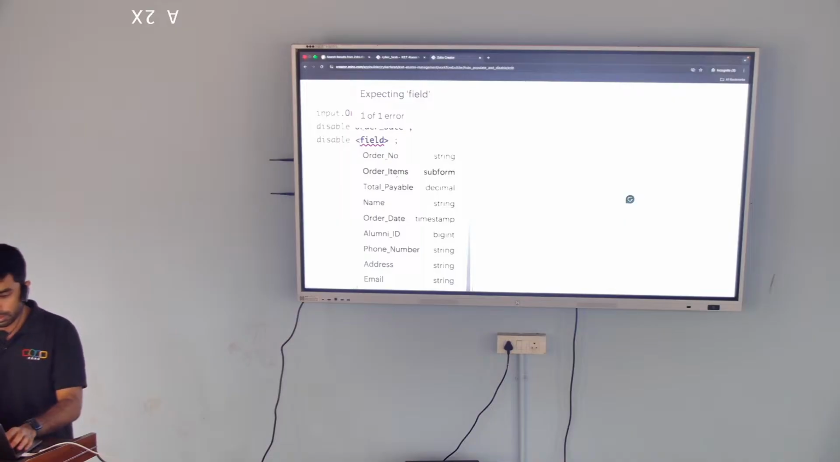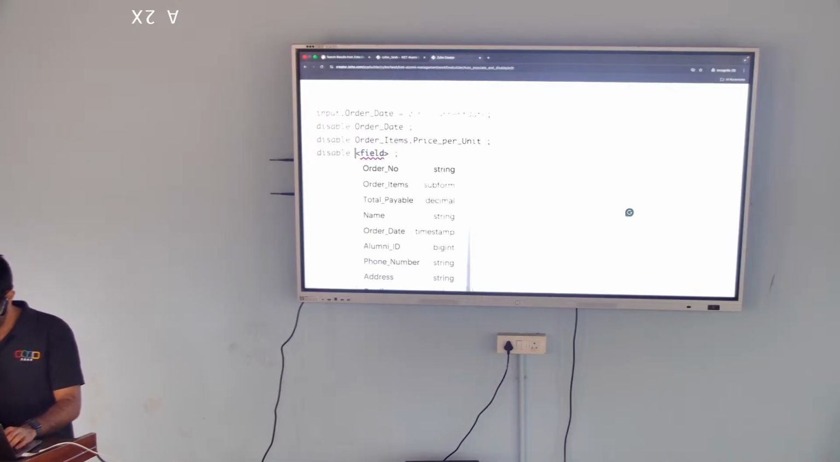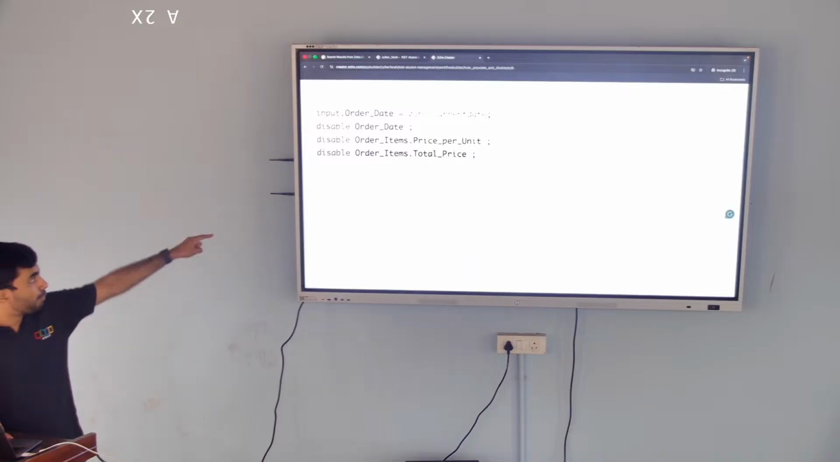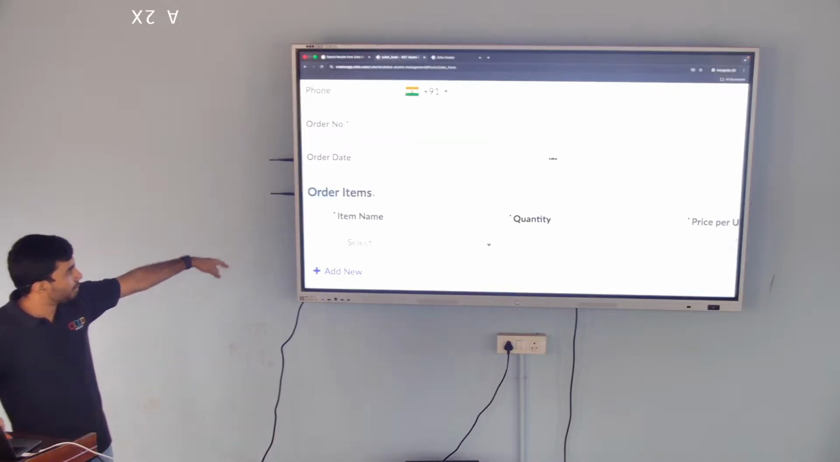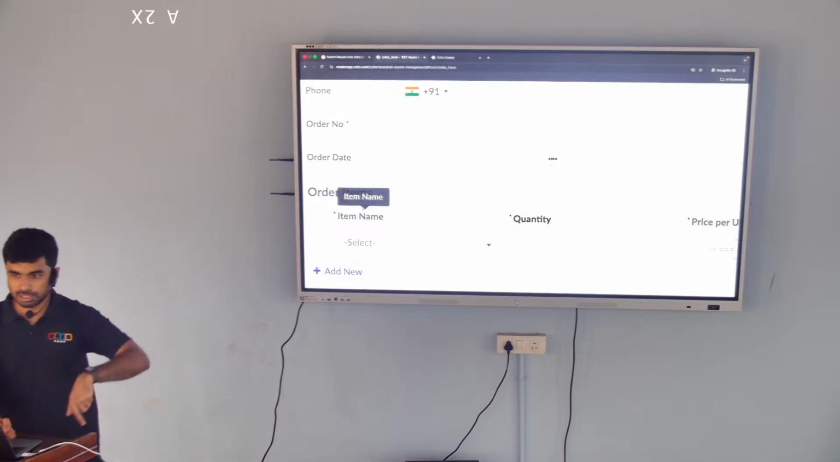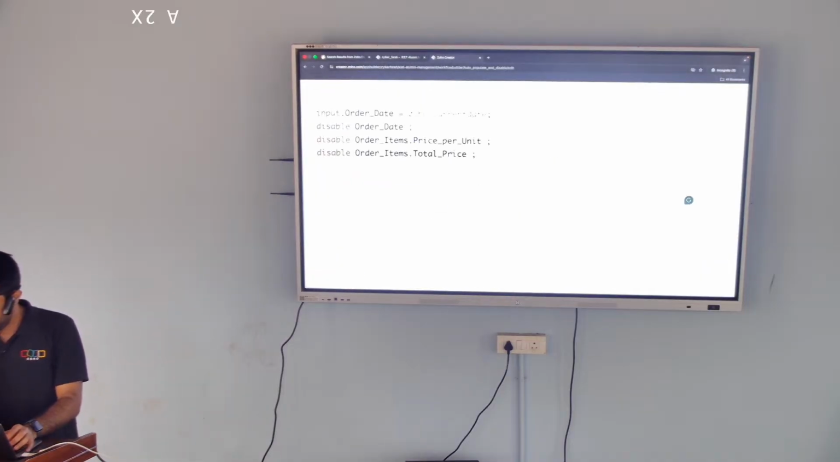So press on order items, the subform name, and put the dot operator. So here select price per unit. Similarly, again subform and total price. Do not disable the subform fully. Subform dot. So what happens is we have selected the subform, but we need the dot operator to point it to the particular field inside the subform. So we have disabled the